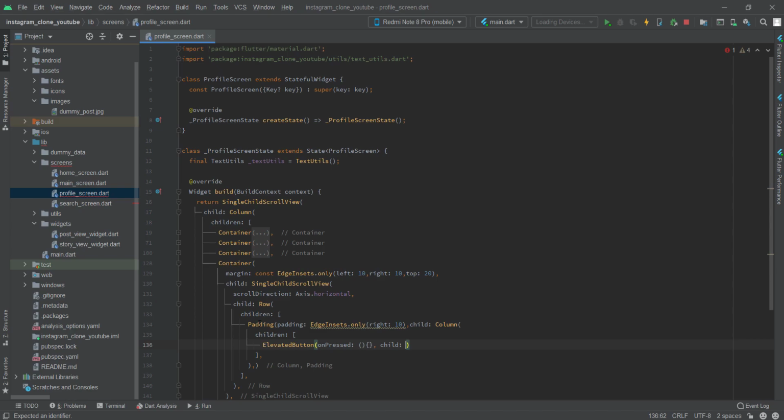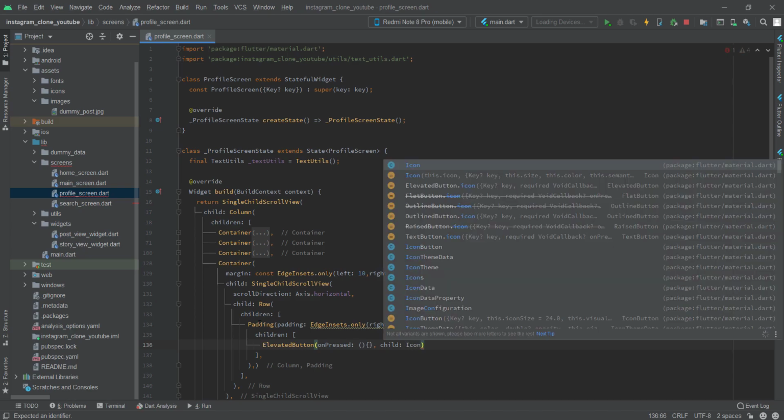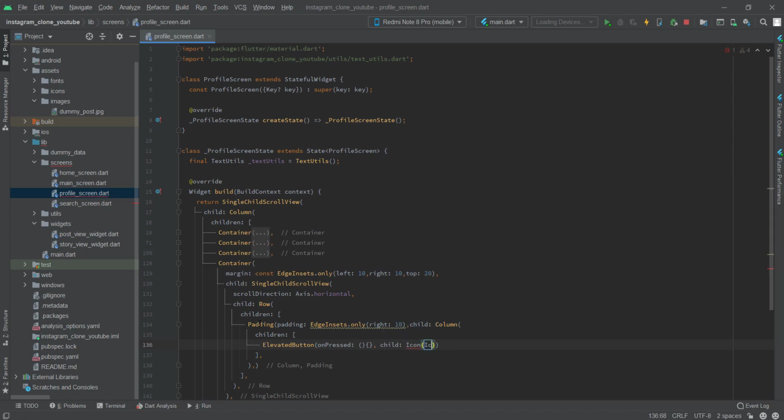We are keeping the on pressed as empty because we are not doing any backend right now, so we don't have to specify any functionality here. And child will be icons dot add, size is 35, and style of this elevated button will be elevated button dot style from,